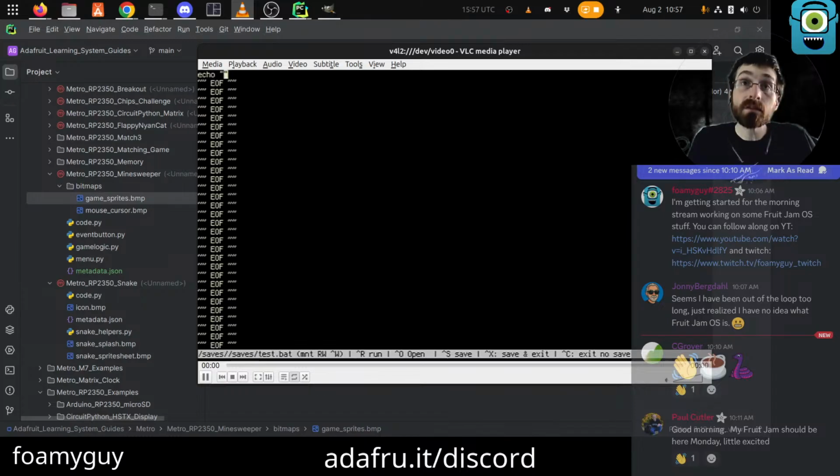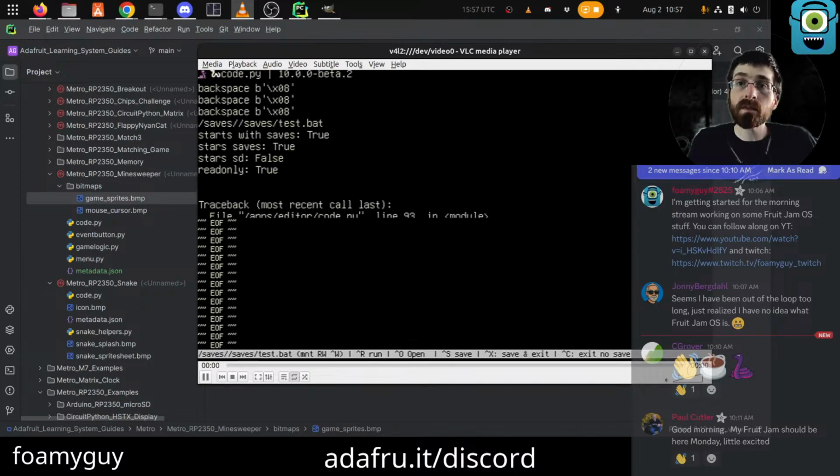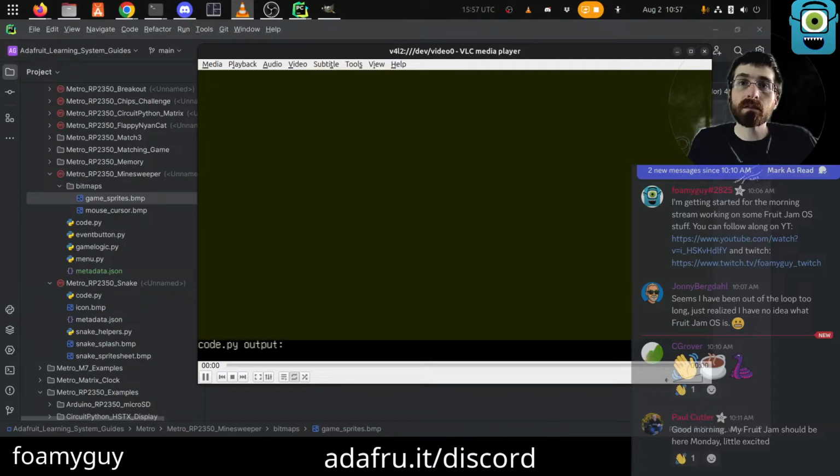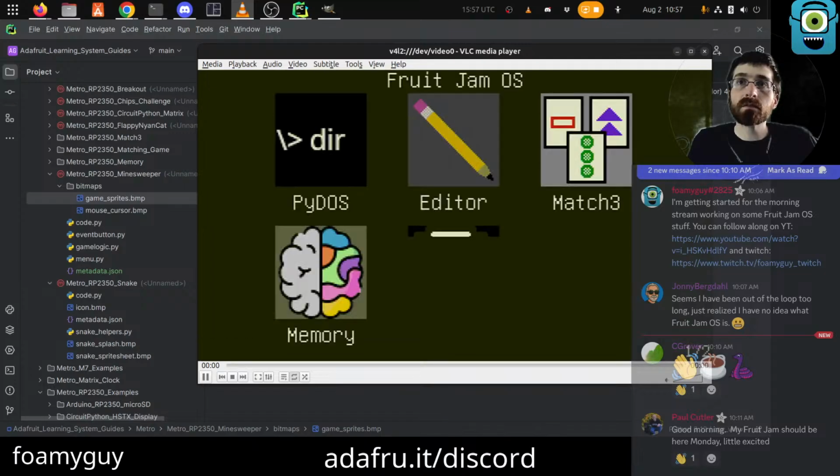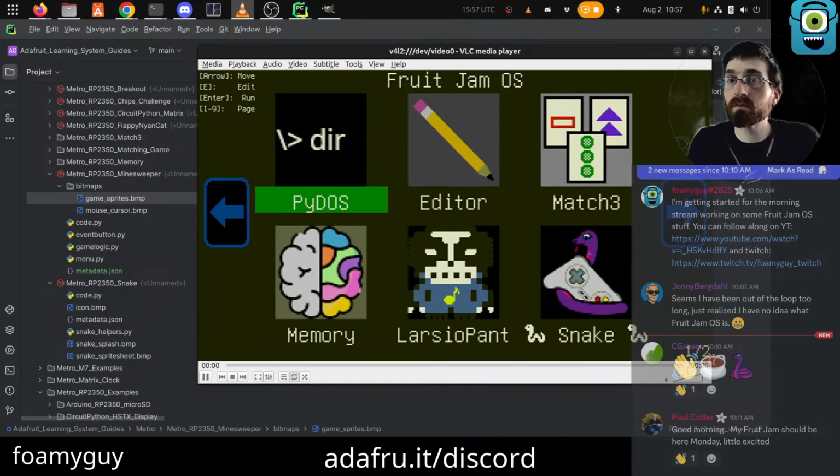So then echo, work like this. Control S for save. Save and exit actually. There's a different one for save and don't exit, but I didn't do it. Then PyDOS.